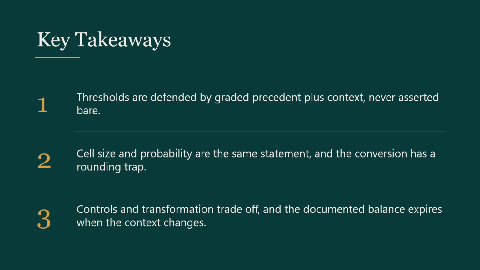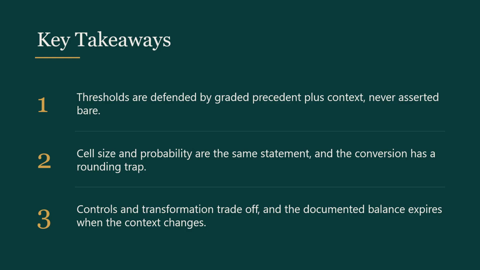Second, cell size and probability are one statement in 2 languages. 1 over 11 is 0.0909. 1 over 20 is 0.05, and a strictly enforced 0.09 ceiling actually needs a class of 12. Suppression is not just masking, it is complementary masking, because a row total plus subtraction recovers any single hidden cell, as our 100 record Springfield table showed, and collapsing categories often preserves more than blanket masking.